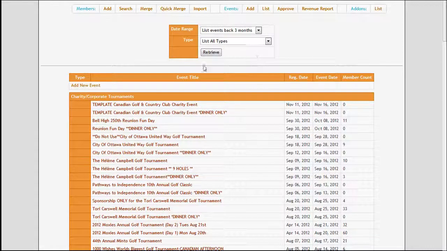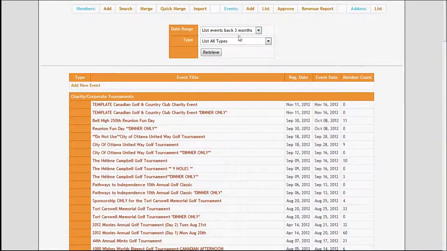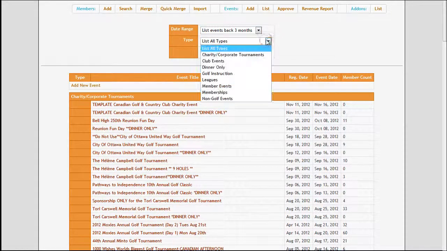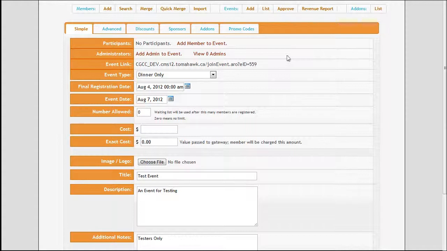If you click on the List button, you will see all of the events that have been created. You can use the search bars at the top to find the specific events that you are looking for. Since I created a dinner-only event, by selecting that from the Type drop-down, you can see that my event is right there. By clicking on the name of the event, it also brings you to an area where you can